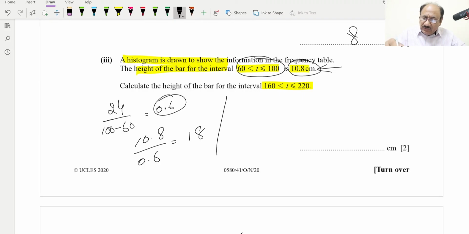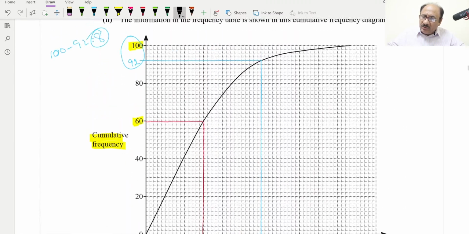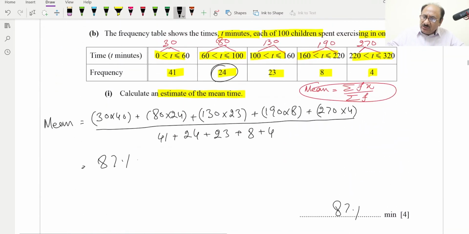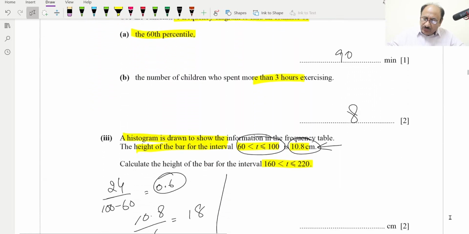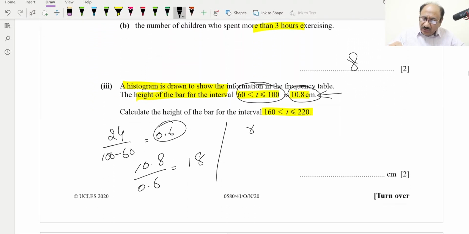Now this one frequency for 160 to 220, 160 to 220 is 8. So this 8 we will divide by the class width first. The same procedure we will be doing. So 8 divided by the class width, which is how much, which is basically 160 to 220 will be 60. So 8 divided by 60, and we will multiply this with the multiplier, which is 18, and we'll get the